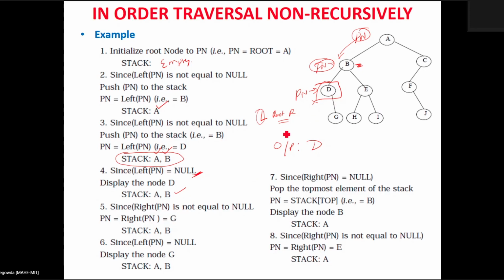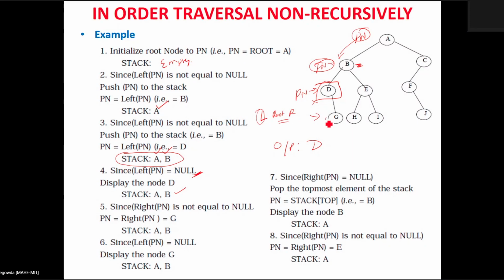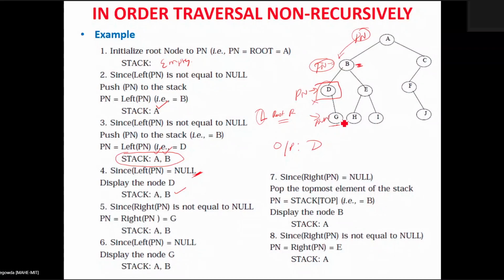Then after that, for this Pn, the right subtree is not equal to null. When the right subtree for this node D is not equal to null, you have to advance to the right child of the node. Now your Pn is equal to G. Now Pn is pointing to the value G. Your stack still holds the addresses of A and B. After getting the G value into Pn, you have to test whether